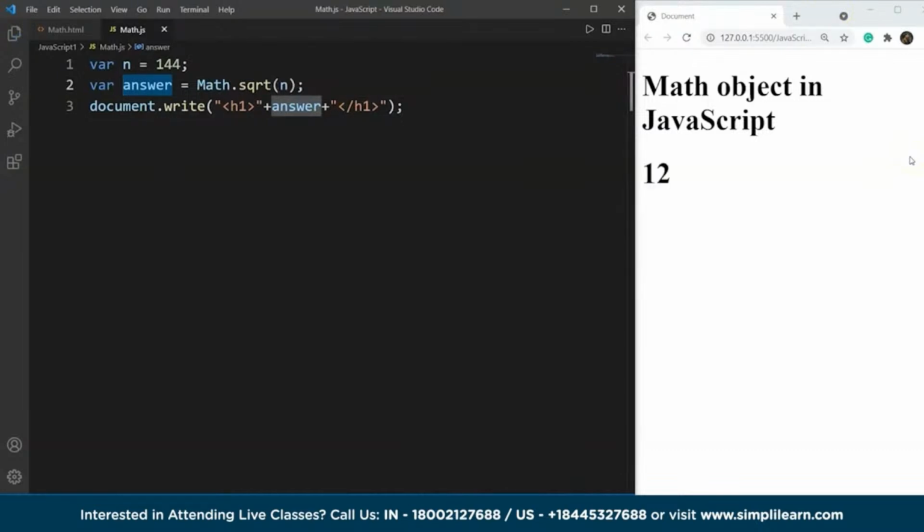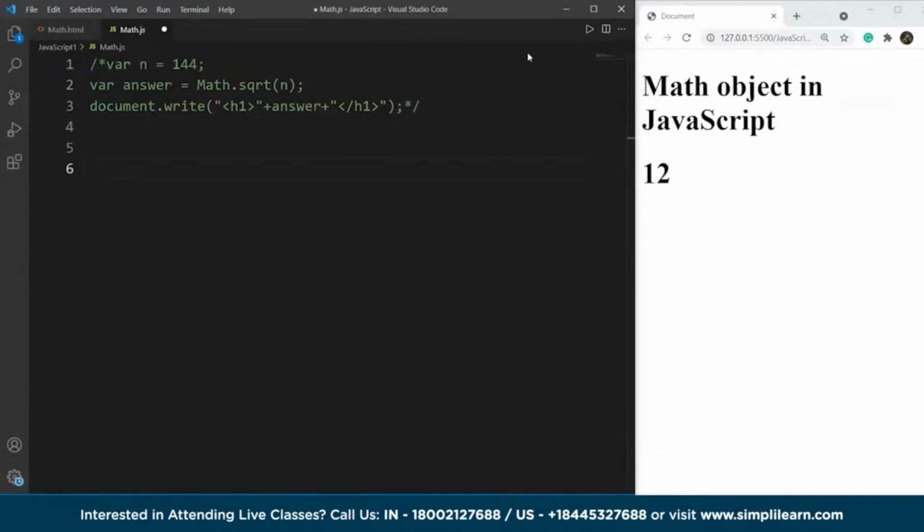So there are several similar methods present in JavaScript, and the following two methods we are going to discuss are a bit more helpful, and we'll definitely use them in future. So the two new methods are the min and the max method. Let's comment this out first. So suppose we have a list of numbers and we want to find the smallest and